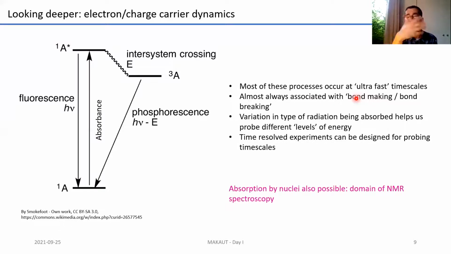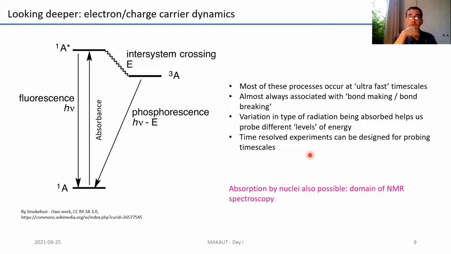it helps you probe different levels of energy. And if you do time-resolved experiments, that is, you're measuring the time associated with these transitions, then you can also probe the time scales associated with them. So for example, you want to find out at what pace bonds form in a molecule. They are in picoseconds or femtoseconds and even faster. So if you can do well-designed time-resolved experiments, they are difficult, not simple ones,